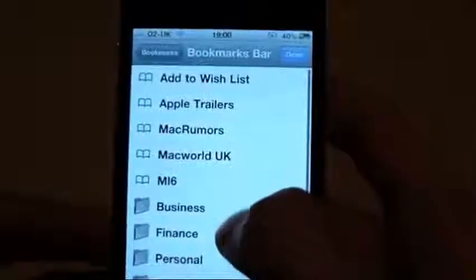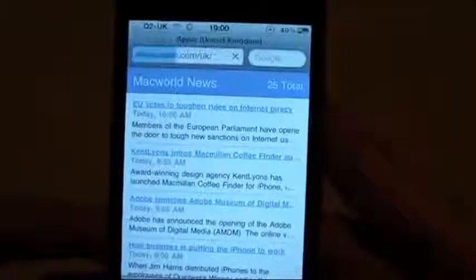So if I go into Safari, for example, and go to the Apple site, wait for that to load. Now normally if I turn the phone landscape,